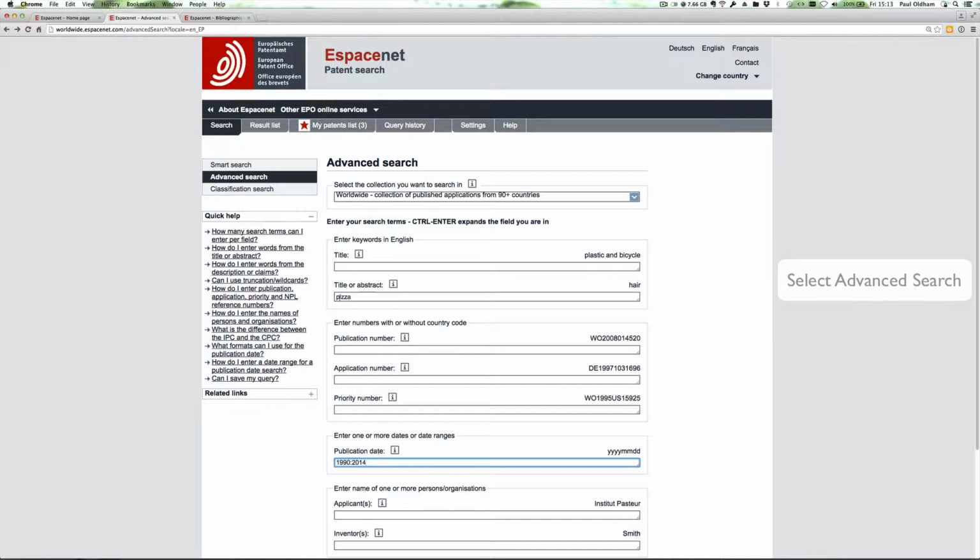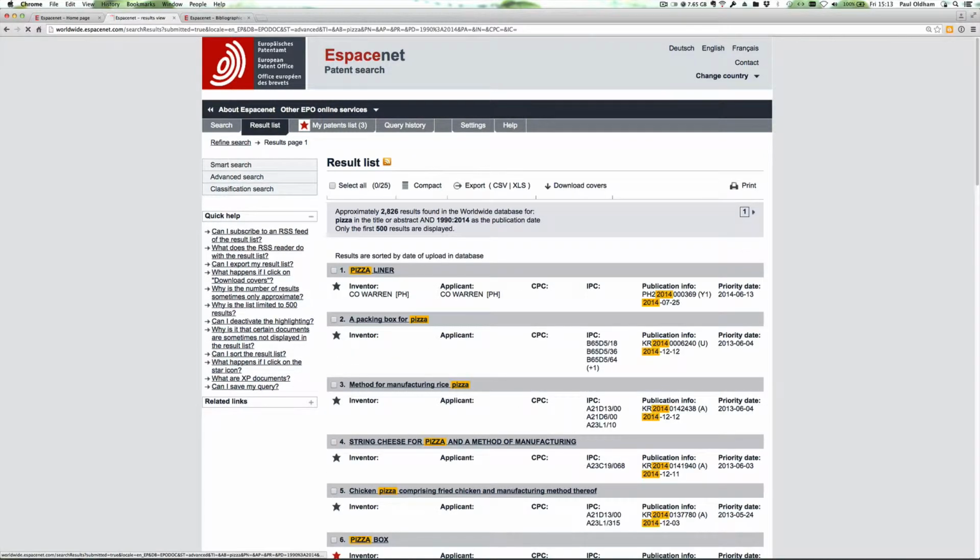Okay, in thinking about how to break down our 4,000 or so results for pizza, we can focus on the publication date, and it's here that it's quite handy to have a notebook when carrying out this research. So in Espacenet we can specify a date range using the colon on the publication date. So here we're specifying 1990 to 2014. If I hit enter, that will tell us that of our 4,000 results,